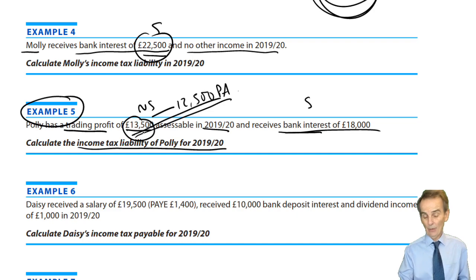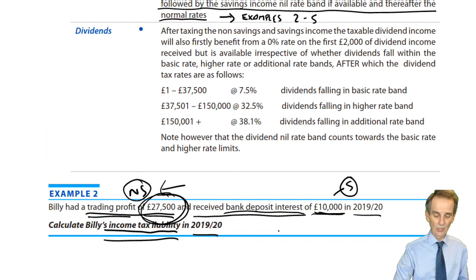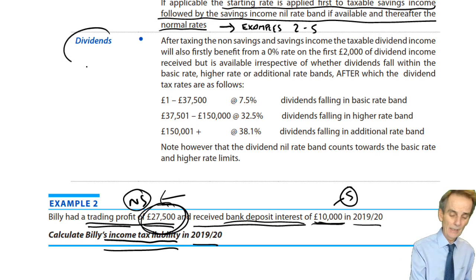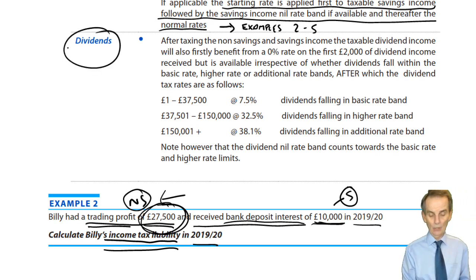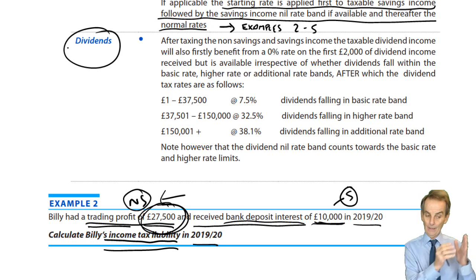And of course, thereafter, what we'll be looking at, having dealt with the complicated one, which is savings income, will then bring dividend income into play, see how to deal with it, but not just in isolation, but it's going to be tested with you in conjunction with the other parts of the computation, i.e. non-savings, savings, and then dividend income. All that and more next time.